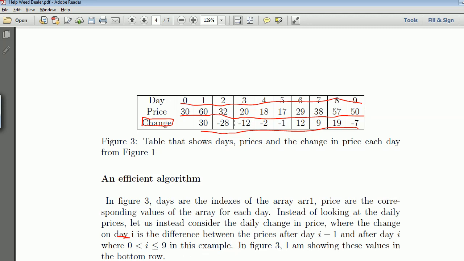Okay, so basically what I'm saying here is the change is nothing but the difference between these two, right? So 60 minus 30 is 30, and minus 28 is the difference between minus 32 and 60, and so on. Okay,